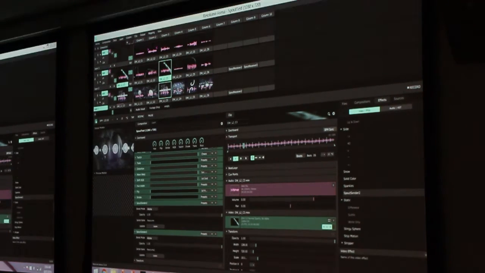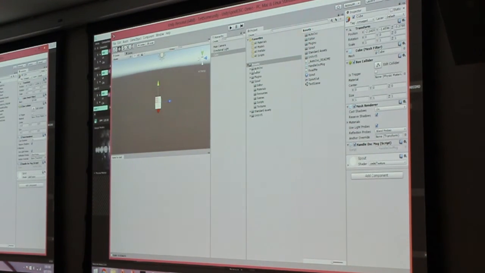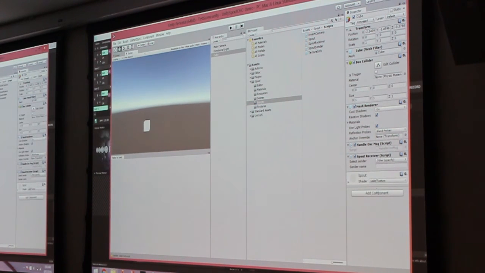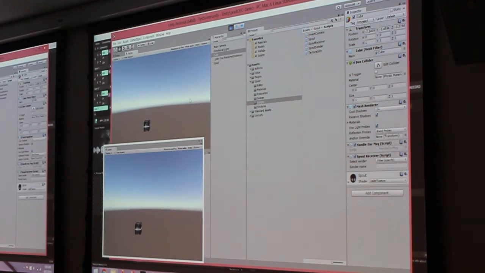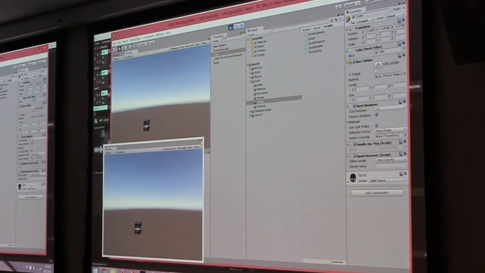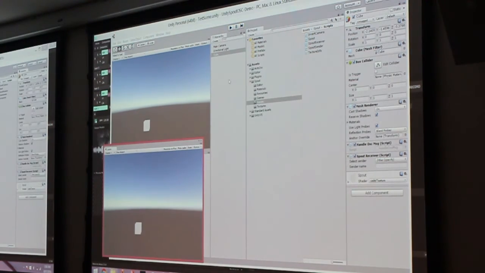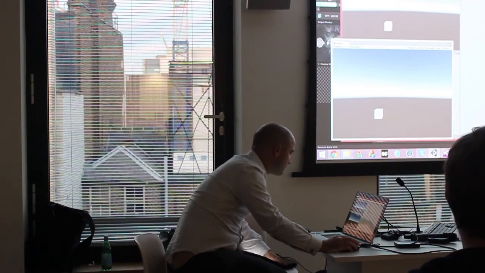And if we go back to Unity, what we can do is take a Spout receiver and drop it onto our object. And now you can see what I'm generating in this other application comes straight into Unity. And you can do that the other way as well. So it's quite easy to go and